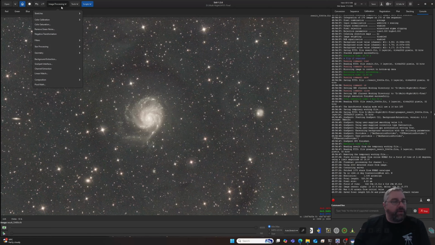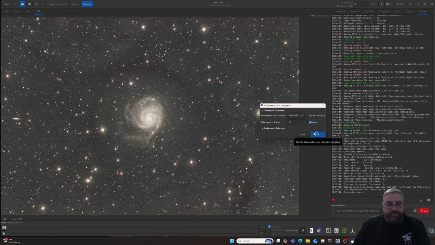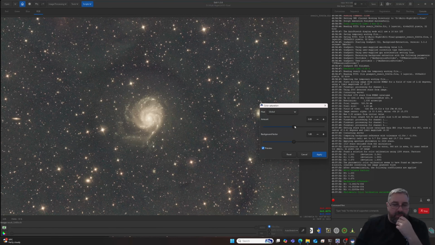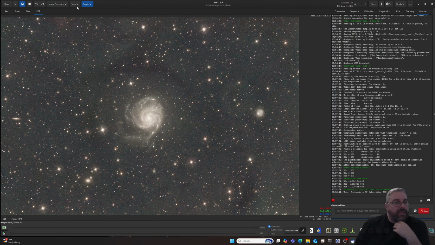Now if we go to the previous version of photometric color calibration and just hit OK, what you'll see is that it gives it a really orange tint, and then when you add colour saturation on it, it makes it even oranger, and that's what I found was happening with most of my Siril images. So if I go back a step,